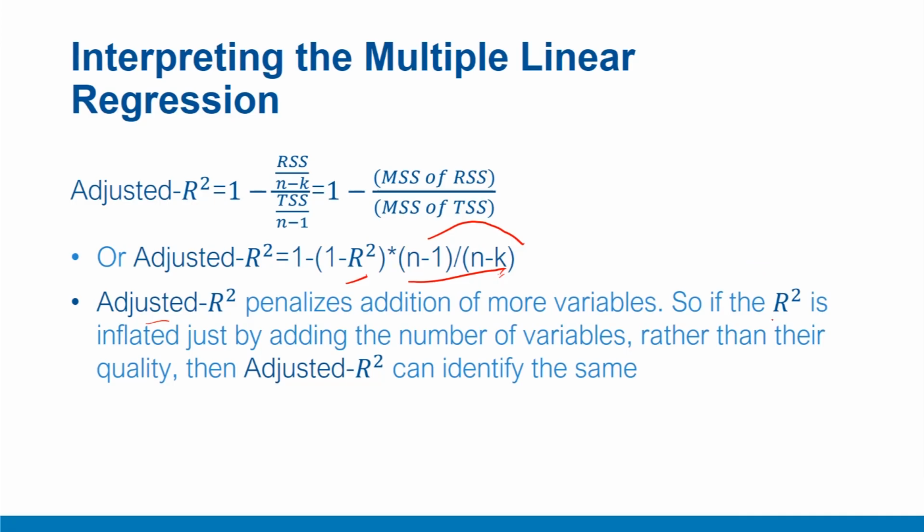The reason being, the normal R square can be easily inflated just by adding the number of variables, small variables where the contribution to the explanatory power is so low that they are not very important, but still if their numbers are too large, the R square value is inflated. So this penalty is inflicted on this computation, so that there's a trade-off for adding more variables, which is in the form of explanatory power to the model as well as this penalty, and therefore the resulting expression, adjusted R square, would identify whether the addition of a variable is important or not.